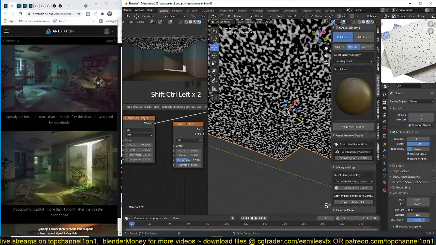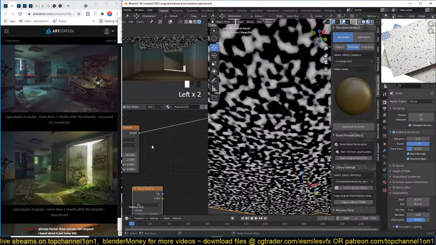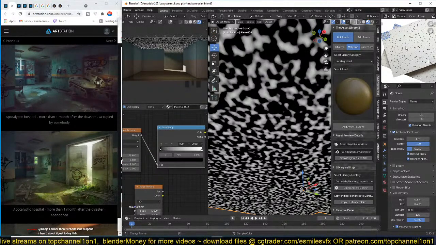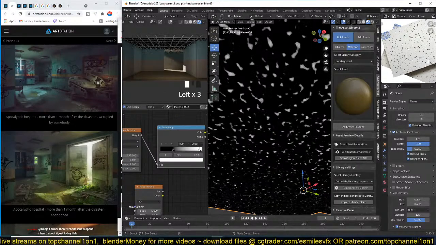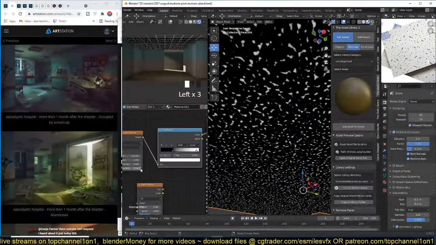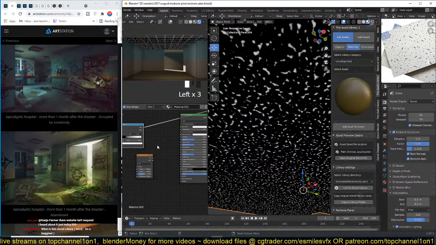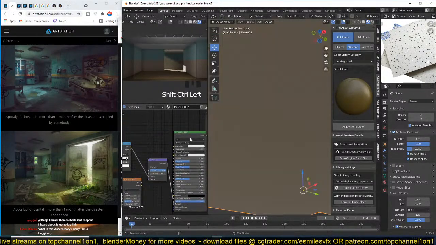But the musgrave has a lot of connected noise, so we can use a color ramp to make it a bit disconnected, like this. So something like that. Maybe scale down the noise just like that. And now we can connect this to a bump node, hide, and then connect this to the normal node. And if we preview this,